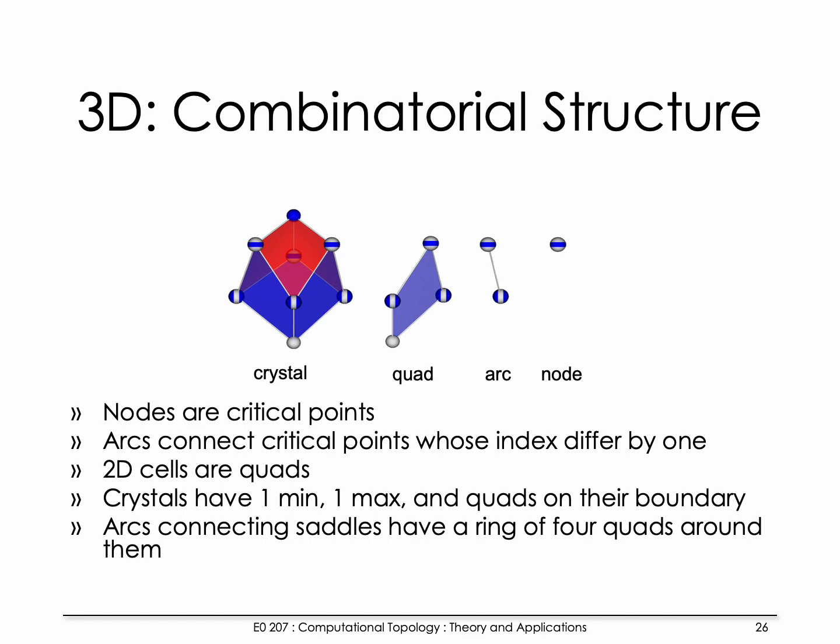As before, the arcs connecting the saddles will have a ring of 4 quads around them. So you can imagine this by looking at the example of a